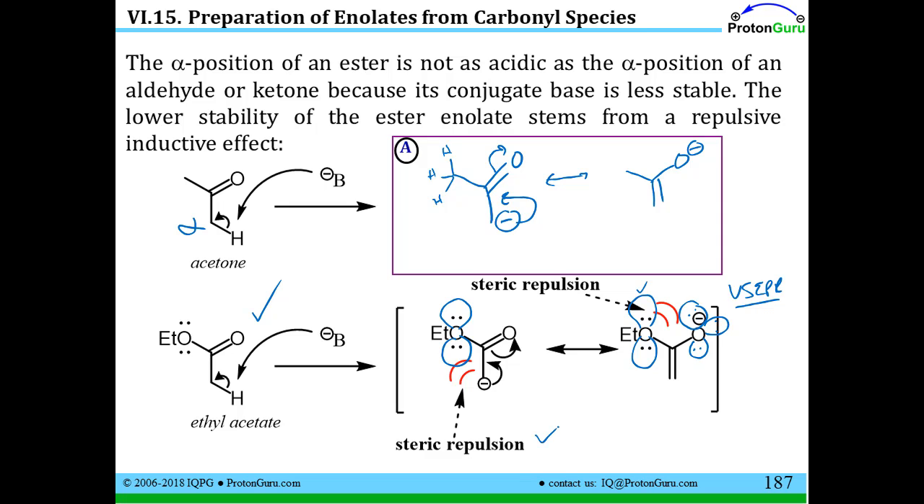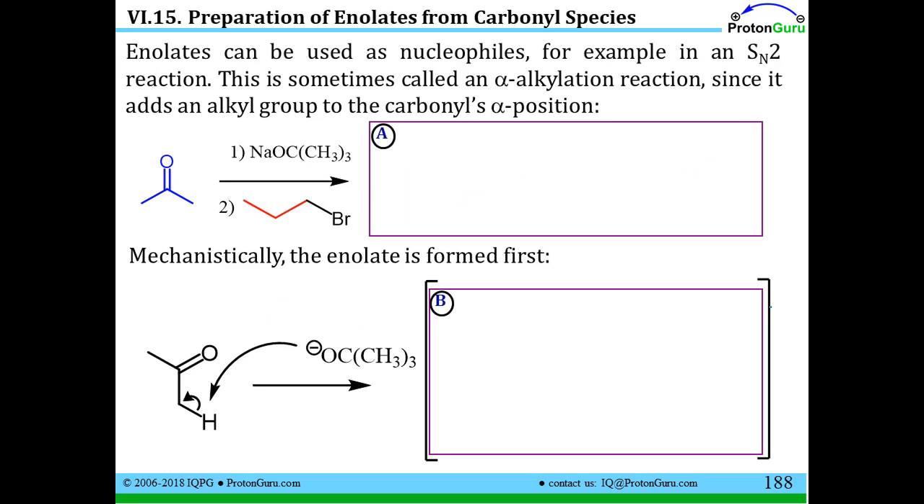That steric repulsion means that it's more difficult to form the enolate from an ester than from a ketone. That's not to say it's impossible. I just might need a stronger base to make the less favorable enolate from the ester. All right, so with some of those introductory things about enolates in mind, let's think about what we can use